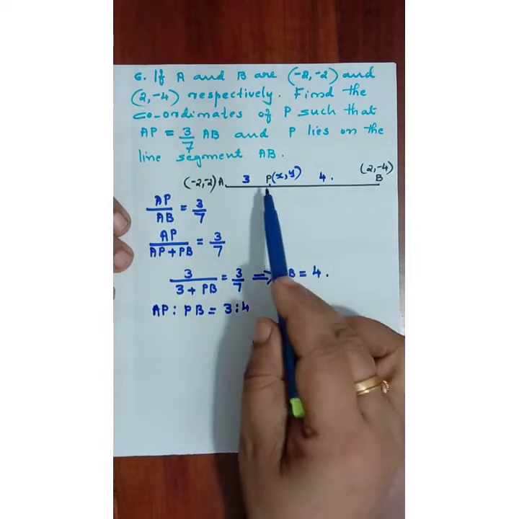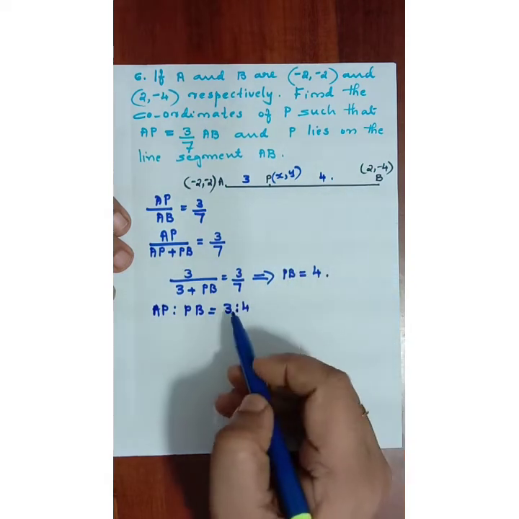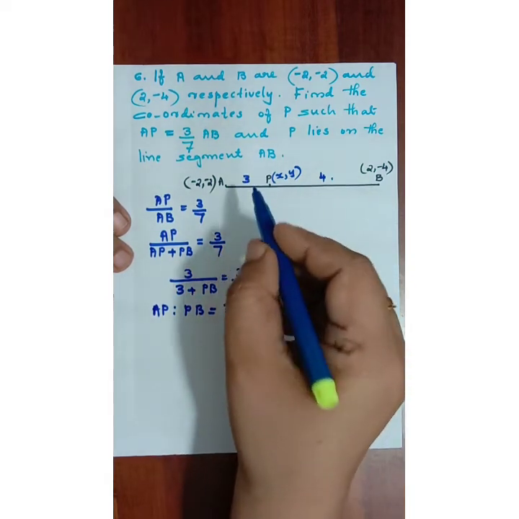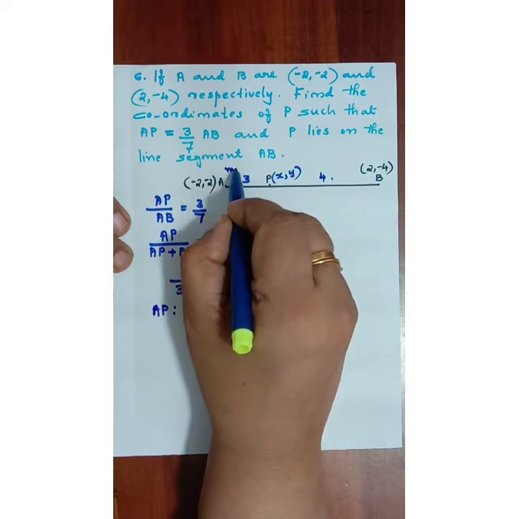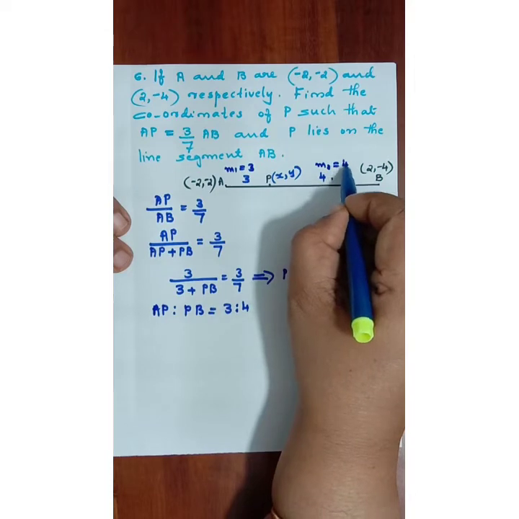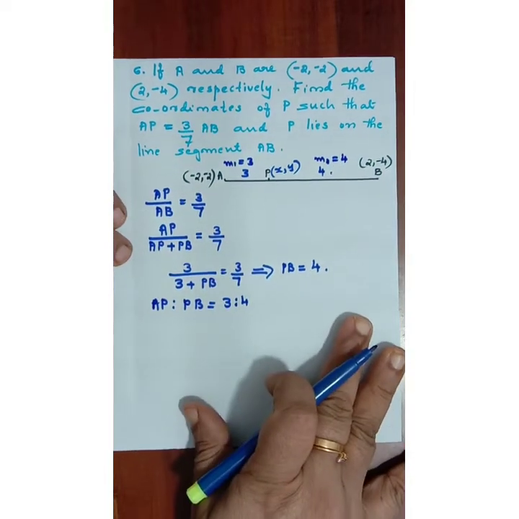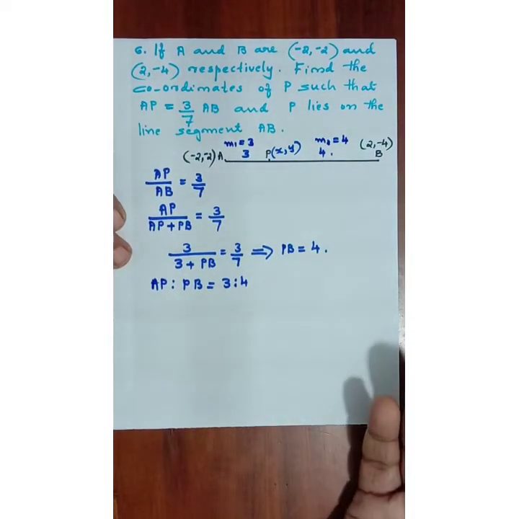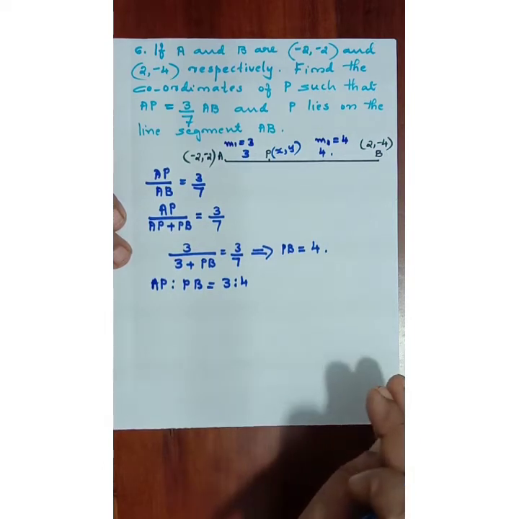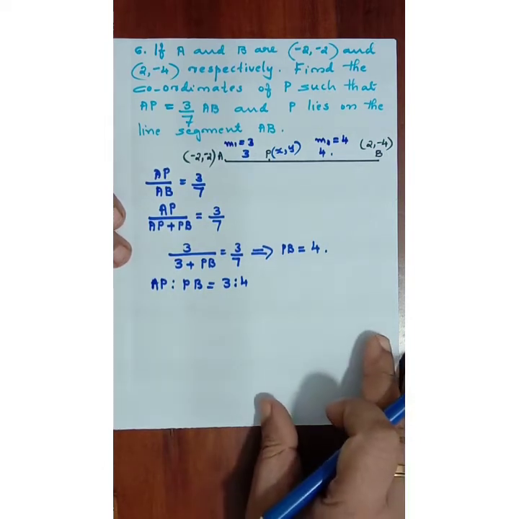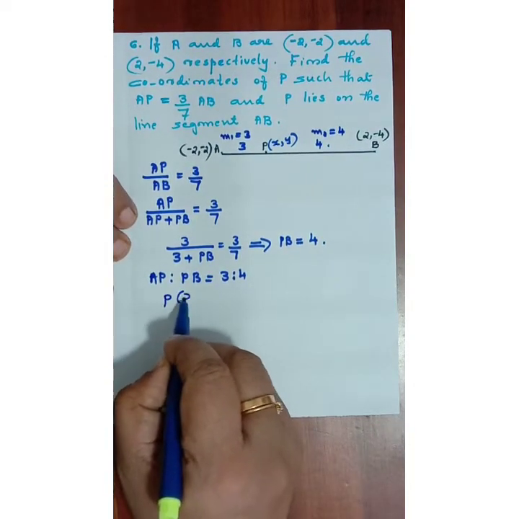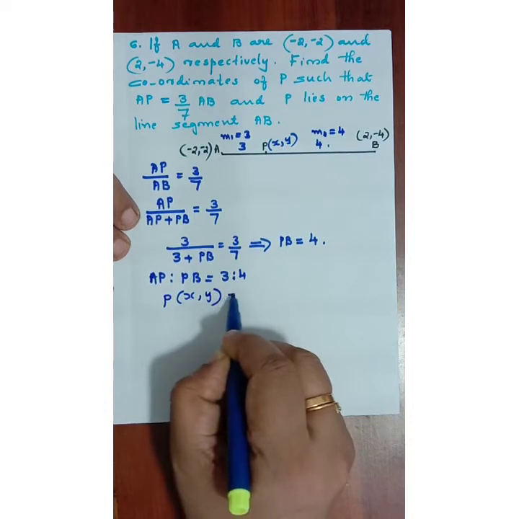Now let us find out what is the point PXY. Here K is to 1 or M1 is to M2. This is our M1, M1 equal to 3, M2 equal to 4, the ratio we got. When a ratio is given, we can substitute for M1 and M2. If the ratio is to be found out, we have to take it as K is to 1. That will be simple. Okay, now PXY we have to find out using our section formula.